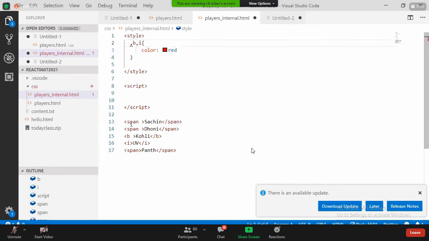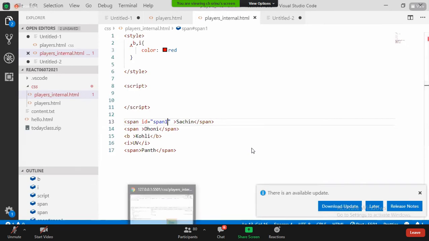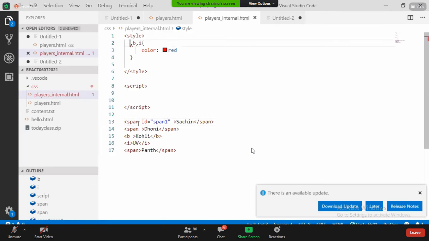Only one span, right? Can we give it an identity, one attribute? The ID attribute. ID is not common for all, it is the identity for this particular element. So you can write one attribute called ID. You can write like span one or something, your wish, based on your requirement. Now I want to apply red color for this particular span only. See, I removed span here, so that this one is not in the red color now. So how can we give the ID selector here? ID selector means, by using the hash symbol, hash